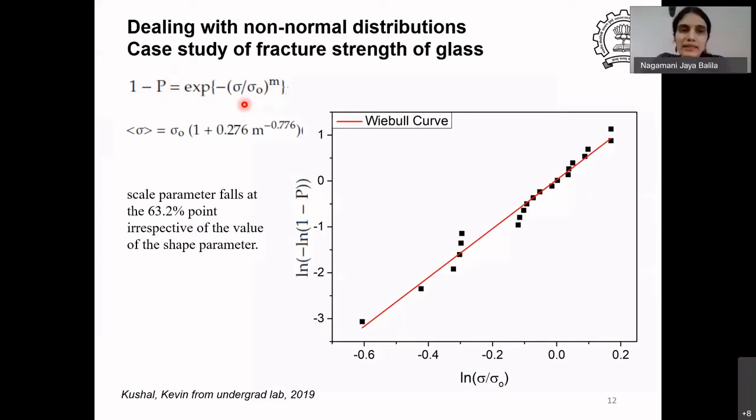So you cannot plot something directly in R when you have a complicated function, right? To get the value of m, first you take logarithm on both sides, which is what we did in yesterday's lecture as well, right? So first logarithm will give you natural log of 1 minus p is equal to minus (sigma by sigma naught) to the power m. So that will bring you to what stage we were yesterday, where we had some sort of an exponent in a power law. So you have to take the double logarithm now so that m becomes the slope of that curve. Okay, so if you take again the logarithm on both sides, then it will be double logarithm of 1 minus p is equal to